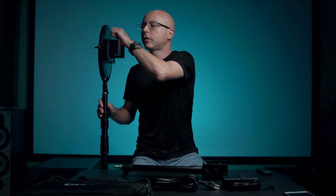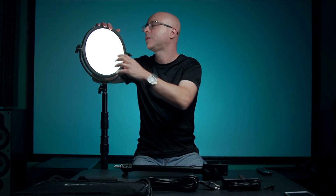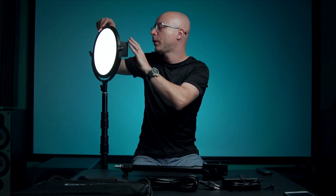So I think this is a pretty good light, and I also like the fact that the whole thing is made of metal. When you tap it, this whole entire thing is made of aluminum, and the front display here, I don't know how thick this is, because other lights are almost like a drum, but this one feels like it's at least 4-5 millimeters thick. It's ridiculously thick. You can hear the sound. This is pretty impressive. And also the brightness setting, the way they did it here for cinematography purposes, the range of